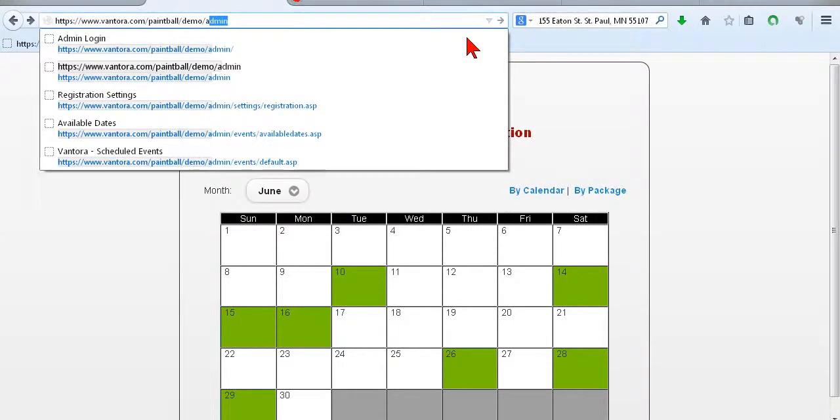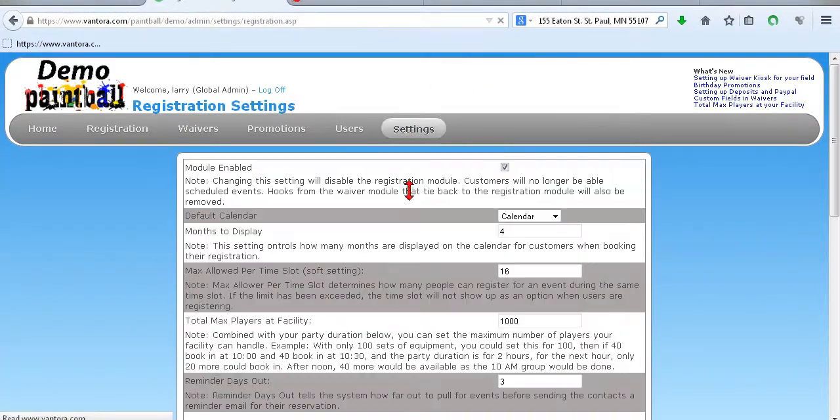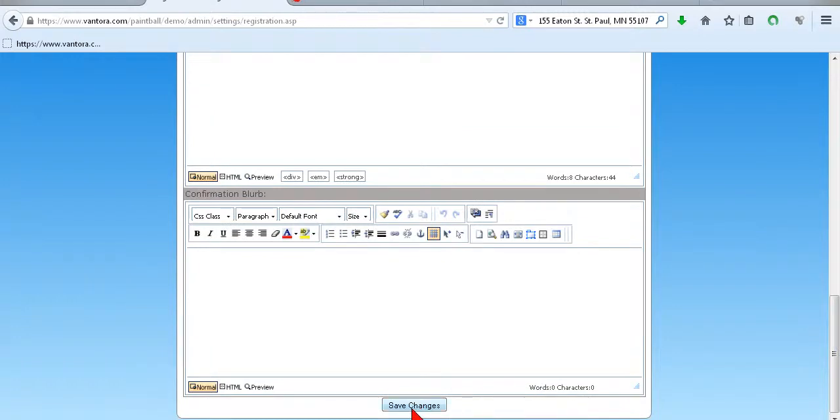So if you go into your admin panel and you click on Settings, Registration, you will see that one of the choices is the default calendar, and you can choose to have it default to the package list. So now if I save that,